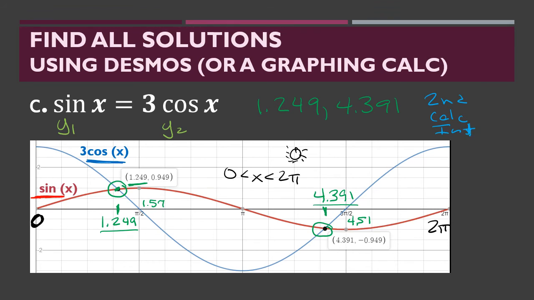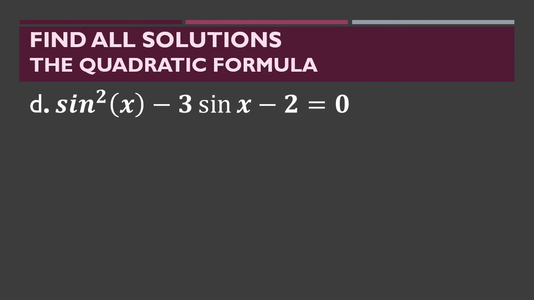All right, moving on. Problem D, our fourth example, is a quadratic equation, sine squared x minus 3 sine x minus 2 equals 0. So when I look at the equation, sine squared x minus 3 sine x minus 2 equals 0,